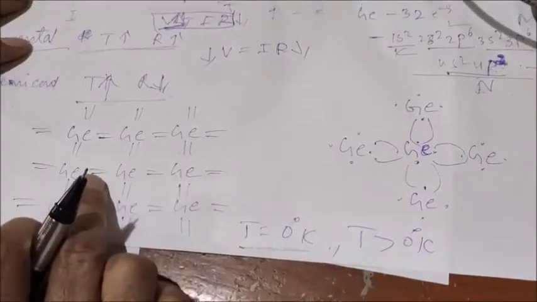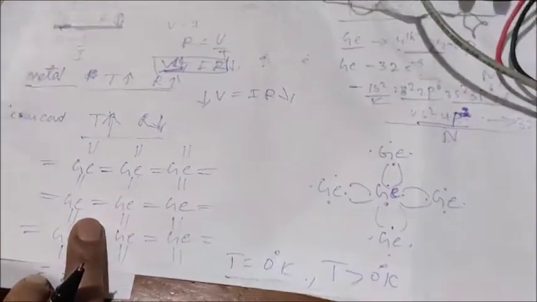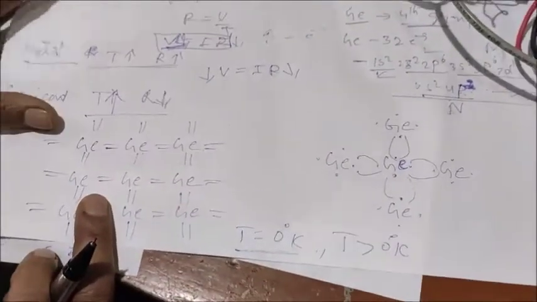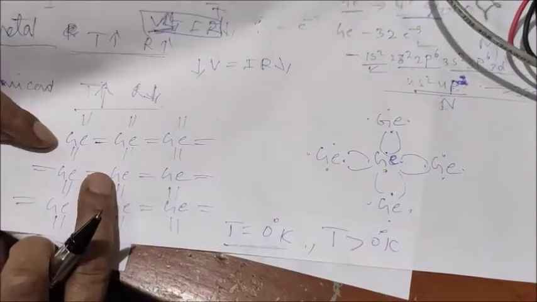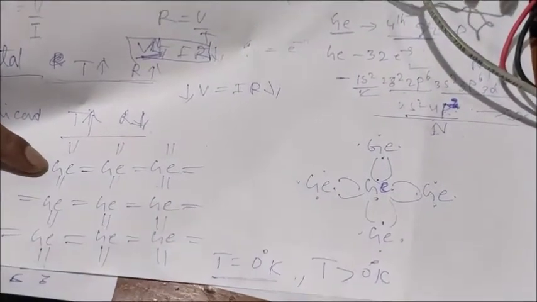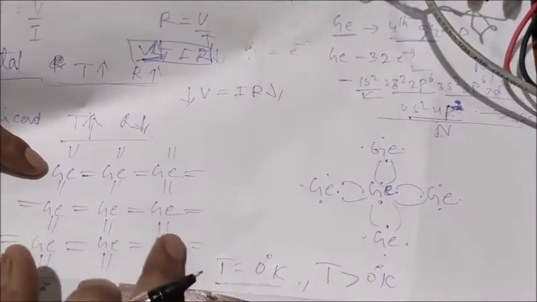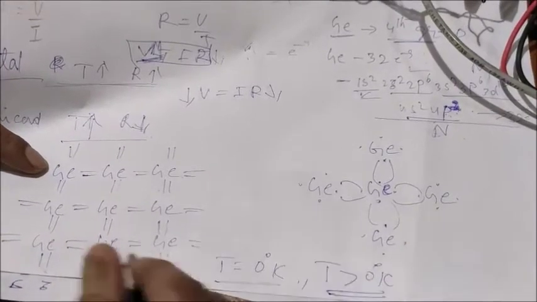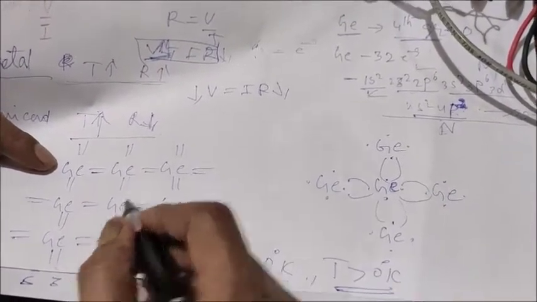So a vacancy has a tendency of occupying electrons, and neighboring electrons occupy the vacant site. So movement of electrons takes place. Since it carries a charge, electrical conductivity is achieved here by increasing the temperature. So conductivity increases as temperature increases, and resistivity starts decreasing.